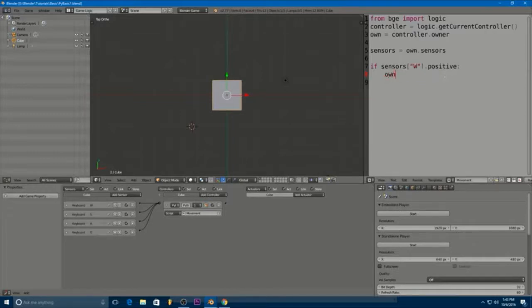So we can just do, in this if statement, own.applyMovement, and then we can use our vector again, so open bracket, x, y, well, y we're going to do 0.1, and then we can do z as 0, close bracket, and close parentheses. So now, if we save our game and play the game, whenever we hit W, the